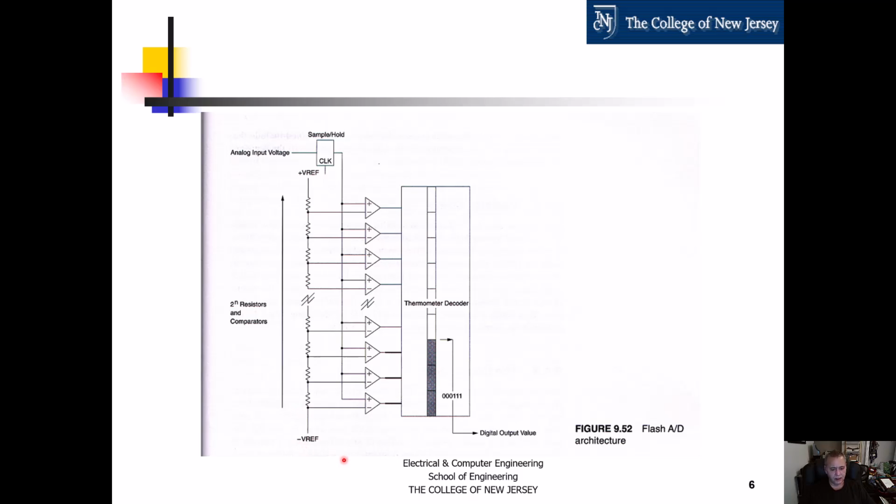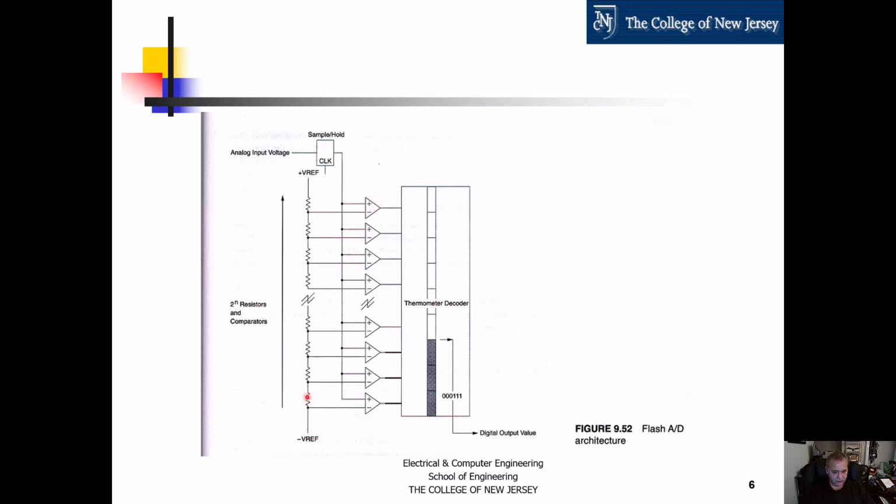The other one, kind of middle of the road, is a successive approximation register-based A to D converter. It's used a lot in microcontrollers. And then the other one is the delta sigma modulation-based analog to digital converter. That one, you can get a lot of precision, but it's slow compared to the flash A to D, which can reach higher speeds, but to get the precision, you have to replicate a lot of these